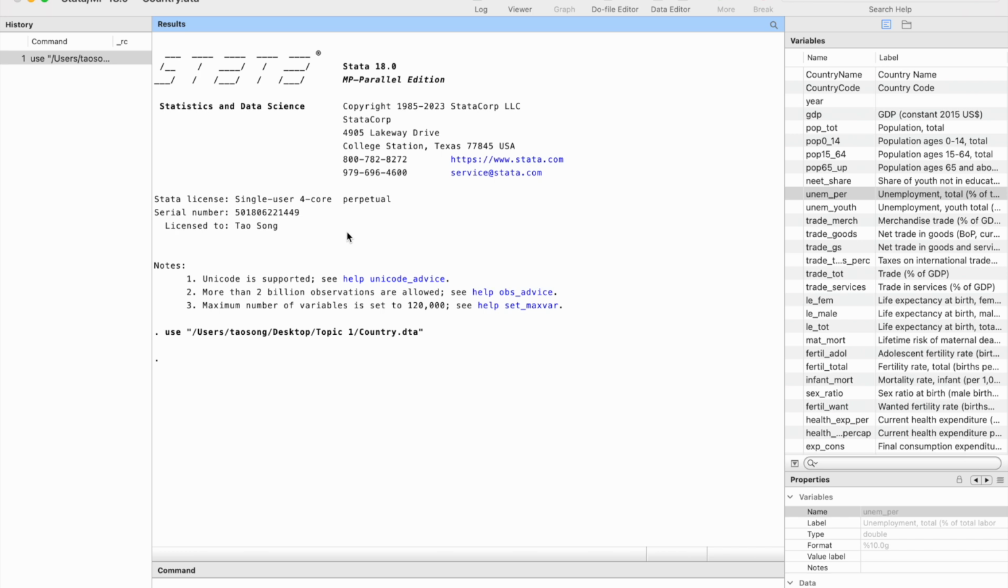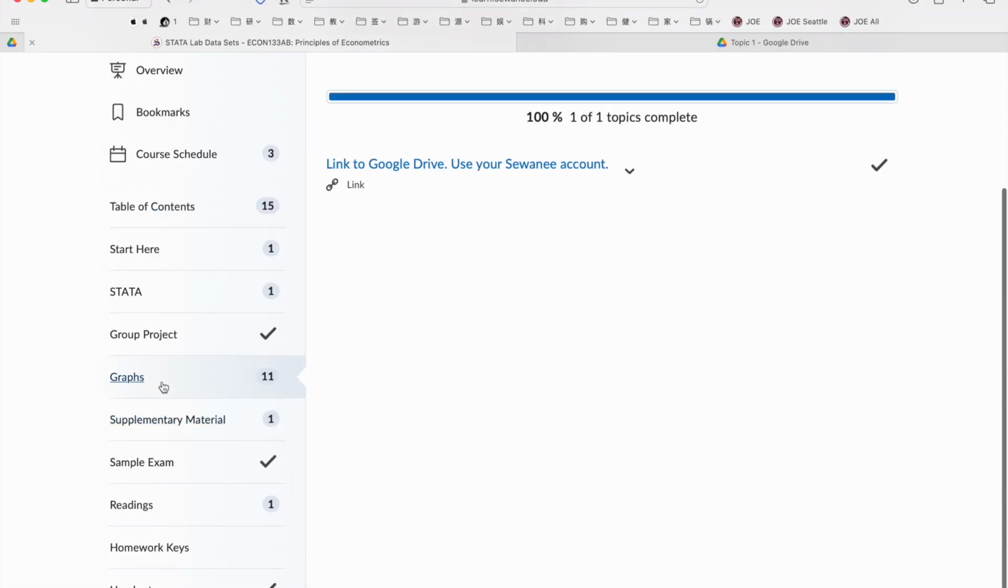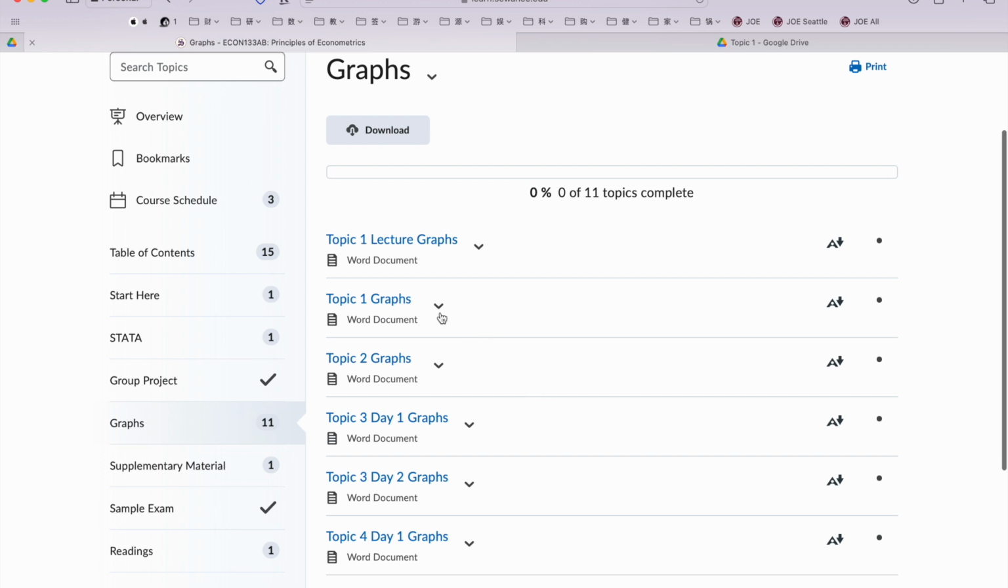Okay. And on top of that, there's going to be another thing called a log file. And the log file is there to literally take a log of everything that you have done. Okay, so you can see that there is a button here, and we're going to learn how to create a log file using code. So there is a visual representation of what we're doing here. And if you just go to graphs and go to topic one graphs,